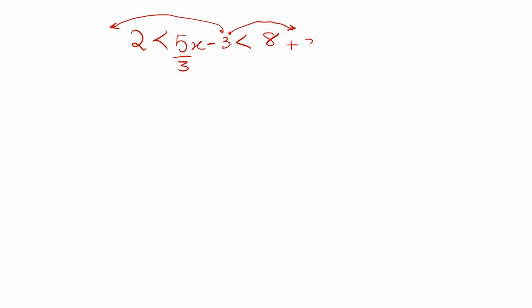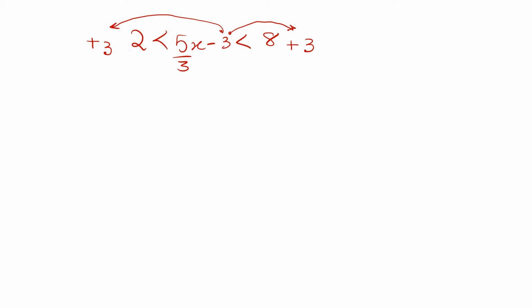Now sometimes the questions come in a way like, for example, 5x minus 3 less than, and here, for example, 2, and here for example 8. So how can we solve these double inequalities? So for example here, let's suppose here 3 also, right? So here first of all you will bring this 3 over here, and the same 3 you will bring on the other side. Now this is minus 3, so on this side you will write the plus 3, and on the other side also you will write plus 3.